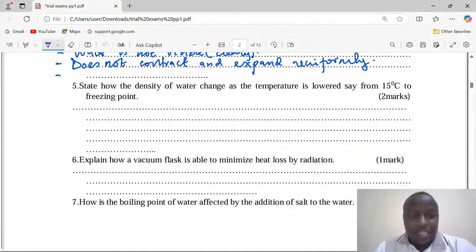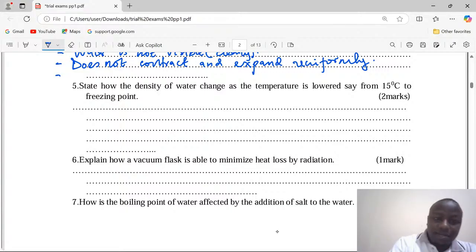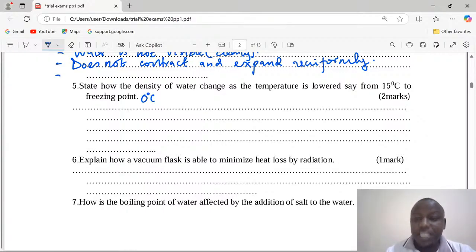Number 5, state how the density of water changes as the temperature is lowered, say from 15 degrees to freezing point. Freezing point is 0 degrees Celsius, so you must be knowing that point. We usually know that there is what we call the anomalous expansion of water, which happens between 0 and 4 degrees. So we say that from 15 to 4,